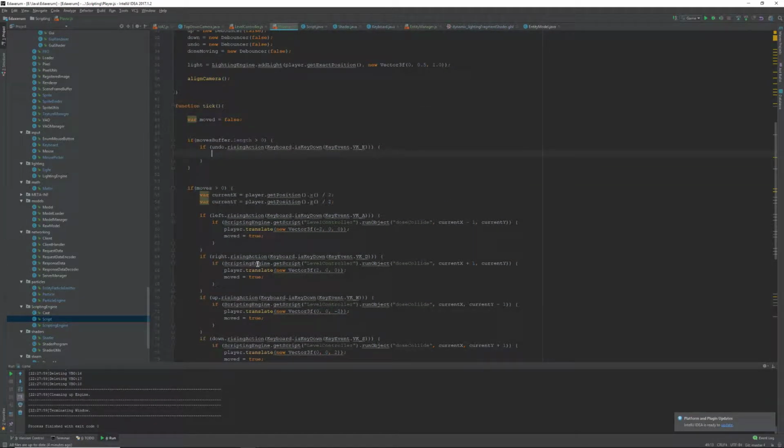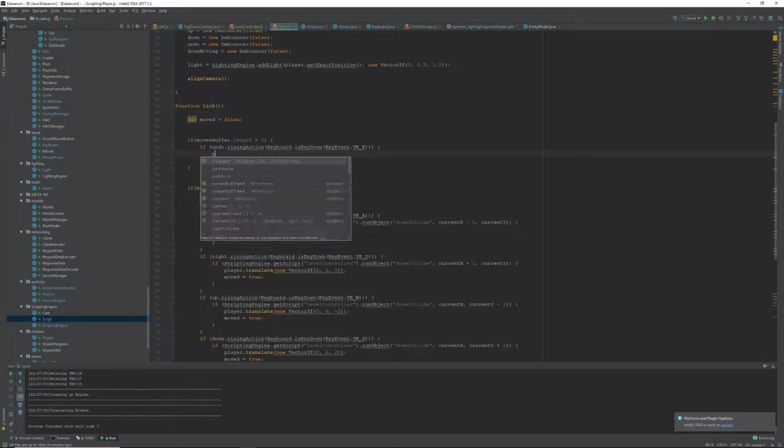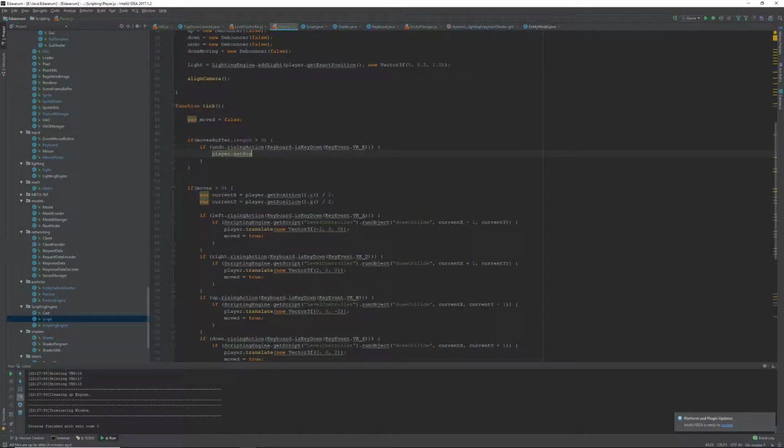So we're going to say player dot set position equal to